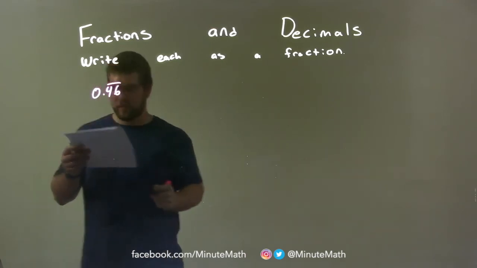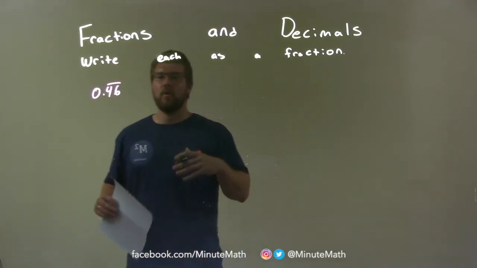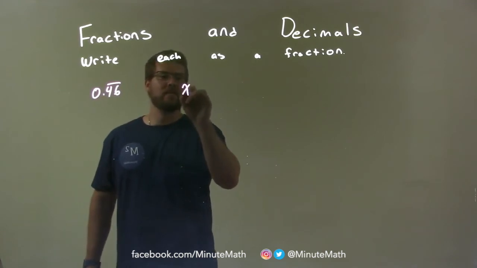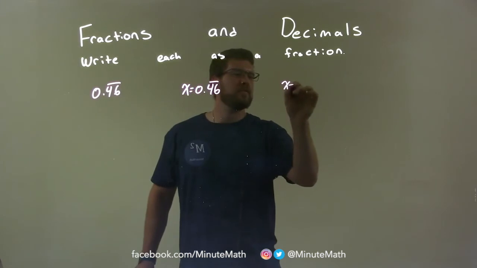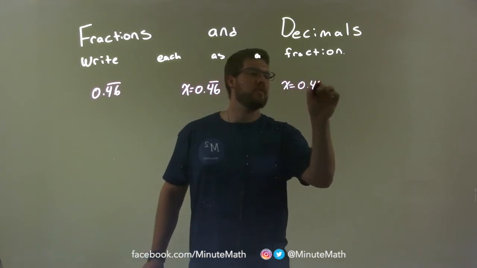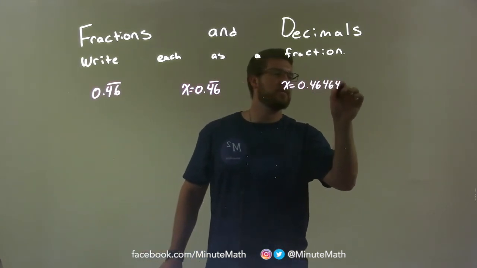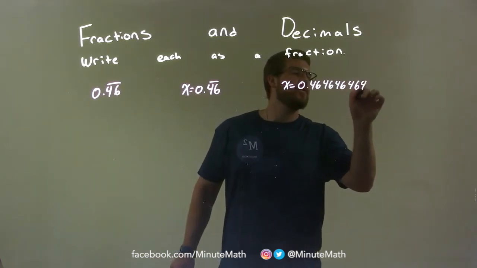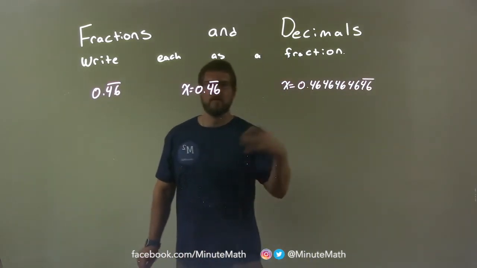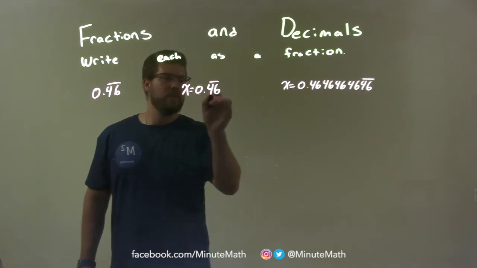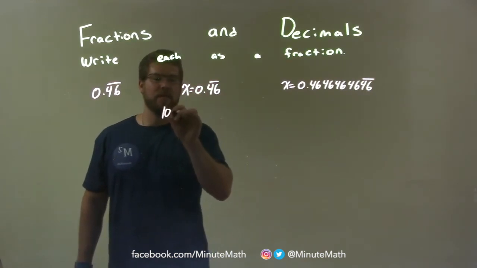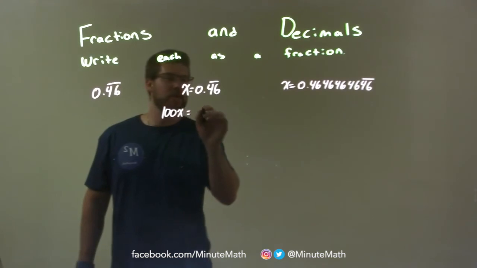0.46, and that's repeating. What I'm going to do first is set x equal to 0.46 repeating. And so x is just 0.464646464646. Again, that 46 keeps repeating. I'm going to multiply this by 100. Move the decimal place over 2 spots. So 100x is